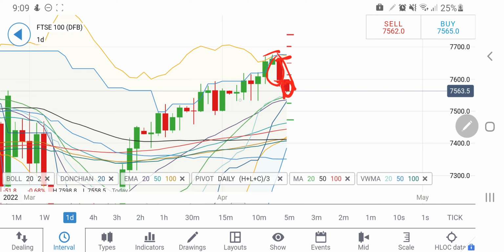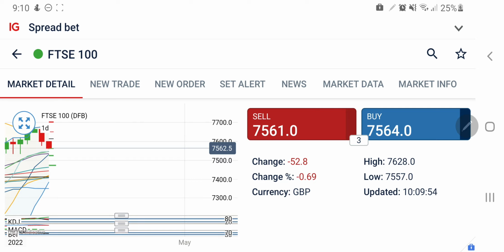So from here 7540 is going to remain a probable strong support for FTSE 100 for the day. Beyond 7540, it can try to hit the 7500 level. So I'll be watchful and cautious here. Any short entry is below 7540, where you can expect a sharper drop, and any long entry is above 7600, where you can expect a sharper rise on the upside. So take your positions accordingly.